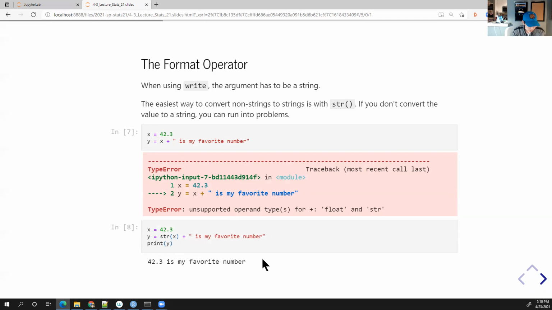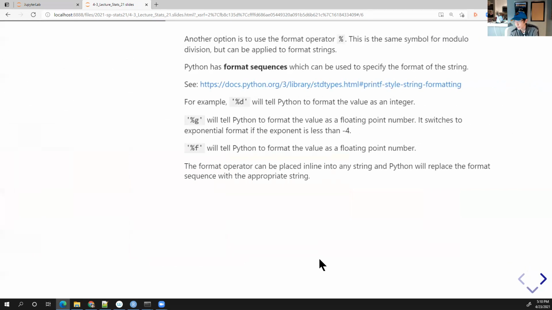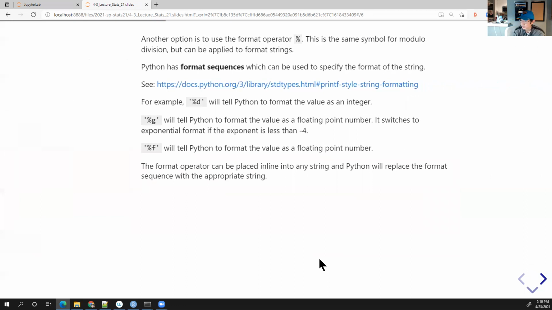Okay. Now, when you convert things like floating point numbers or integers to strings, you also have the ability to format stuff. Okay. And so you have the format operator, which is used in the place of strings, and it does some format operations here. Okay, and so there's something called a format sequence, and you should